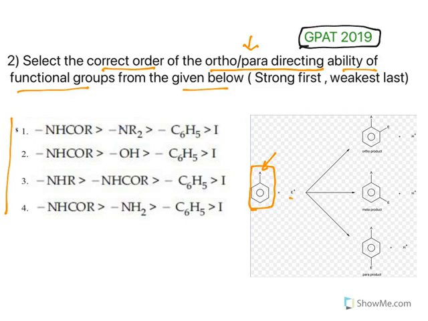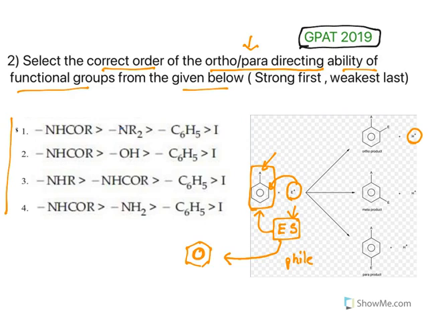See, on benzene, the most common reaction is electrophilic substitution. Why? Benzene has delocalized electrons. Electron availability is there. So electrophile means a species which moves towards electrons. Electrophile means electron loving. And substitution occurs. What happens? This electrophile comes here and it substitutes a proton. So the proton goes outside and this electrophile comes inside. So that is what substitution is. So the characteristic reaction of benzene is electrophilic substitution.